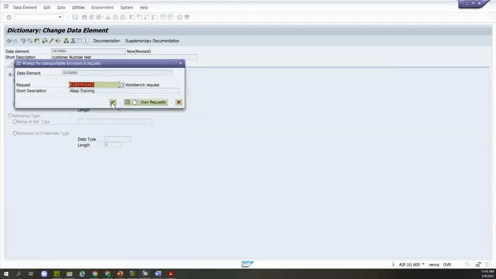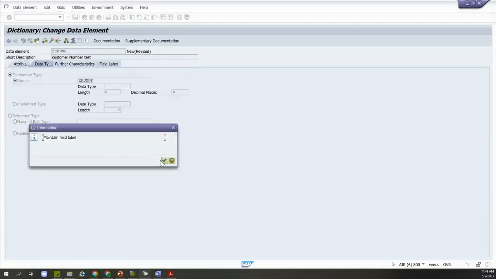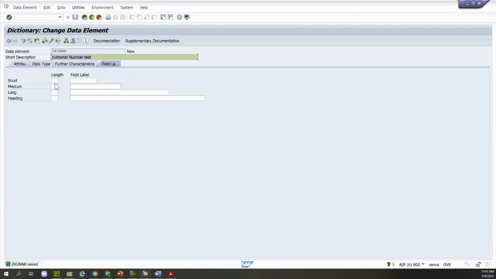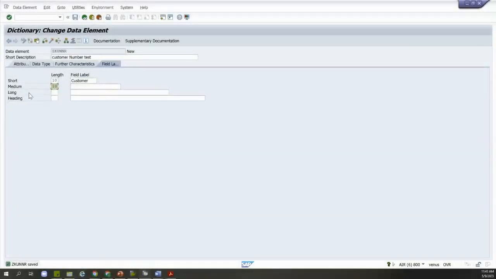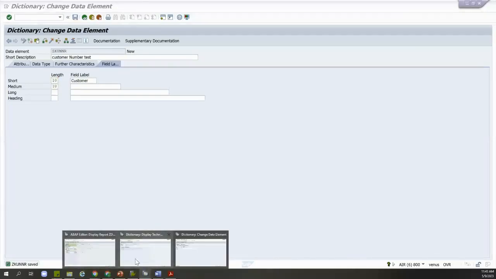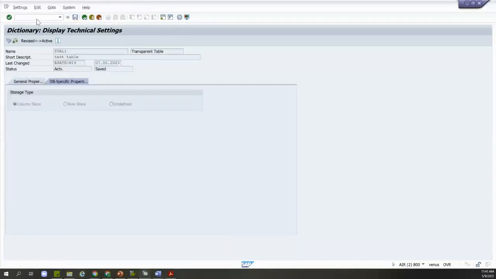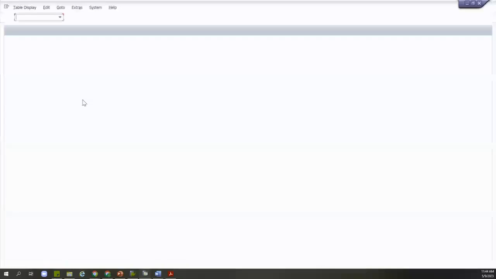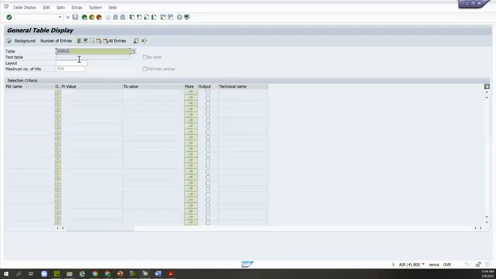We are not done yet with the data element. It will ask for the field label. So you can just say 10, this is customer medium. What is the meaning of this? Whenever you are displaying it in the ALV, say for example, if I go to any ALV report or ALV display,